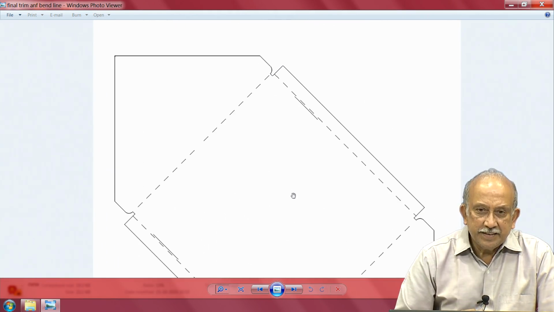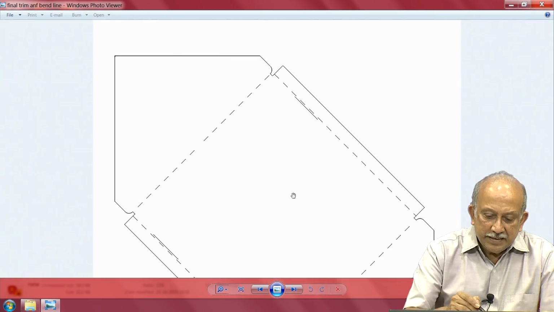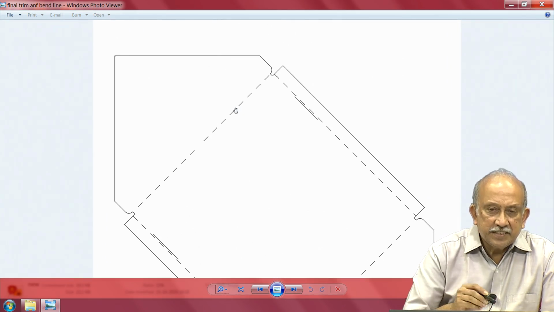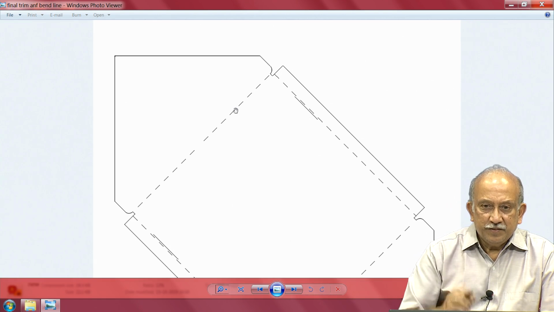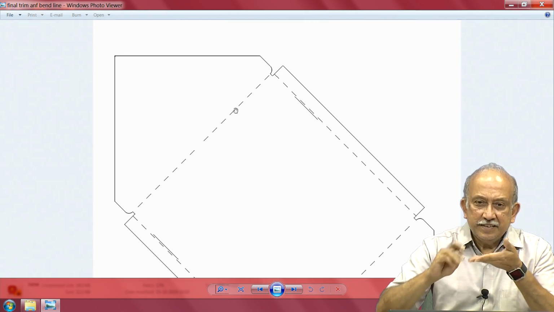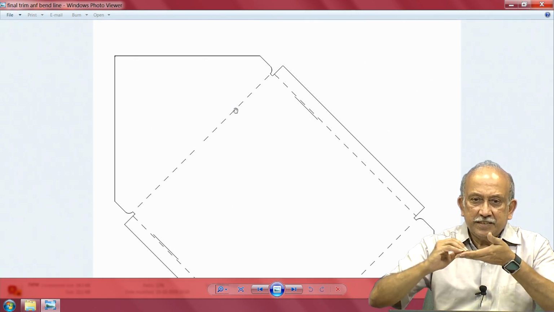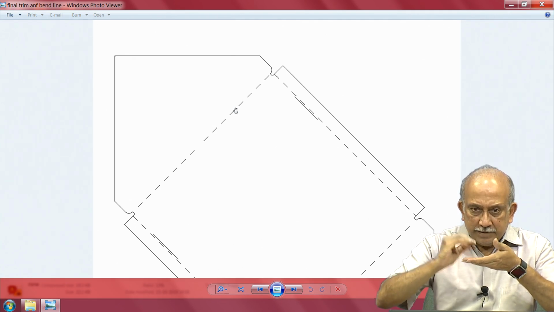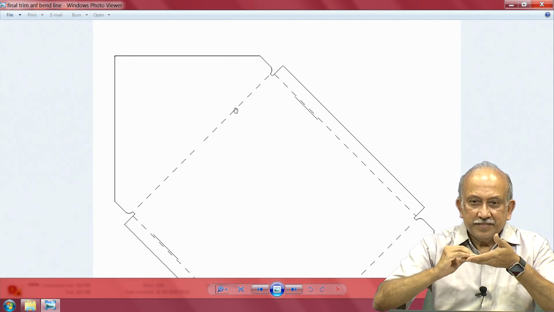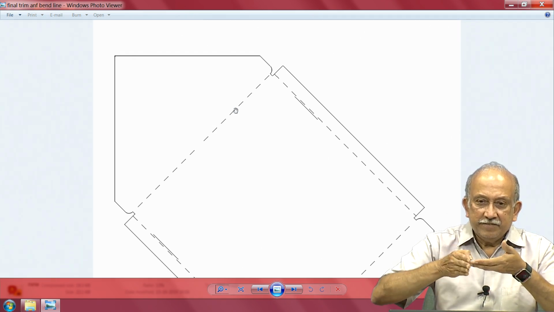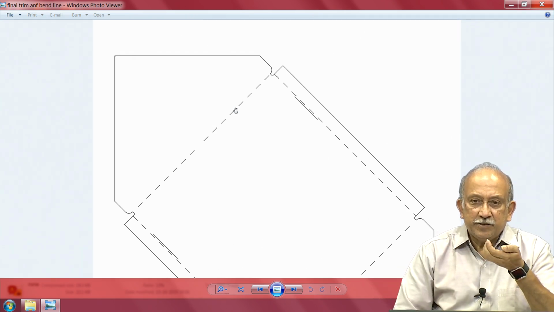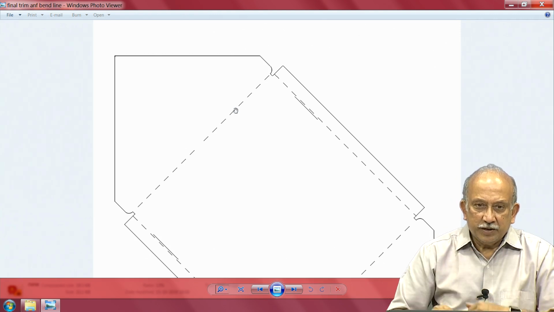See the detail here. This is the line along which the bend or the fold will need to come. We have a finger folding machine, which you will see in the next video. Something clamps the blank, and there is one device which does the bending, and then you get bent sheets. So, a little more about it later.